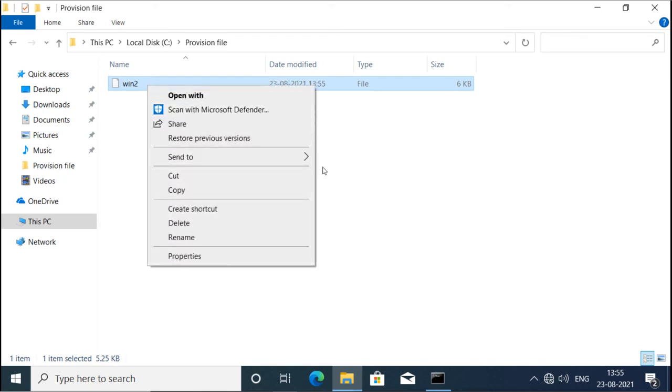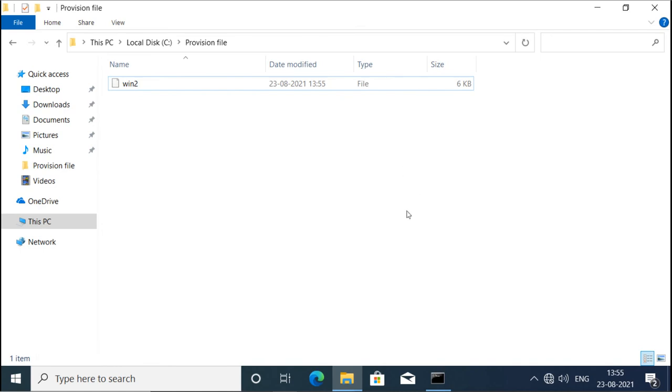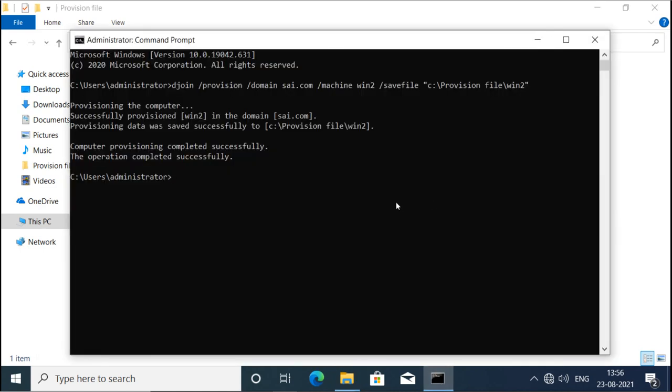Now we will take this file to the other machine which we want to join to the domain offline, and we will run the other command. The other command, that means djoin.